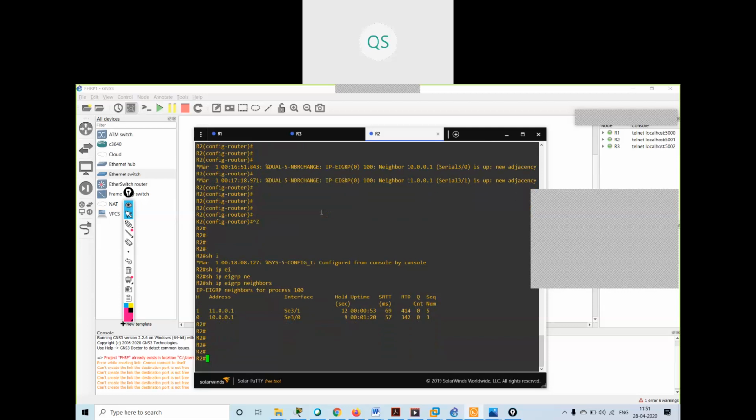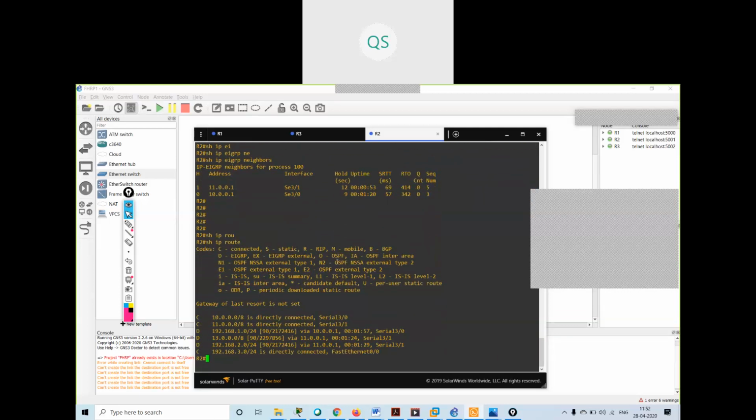Now, what I told you, by default auto summary is enabled. If I see over here in R2 and go show IP route, see what I'm getting: 13.0.0.0/8.